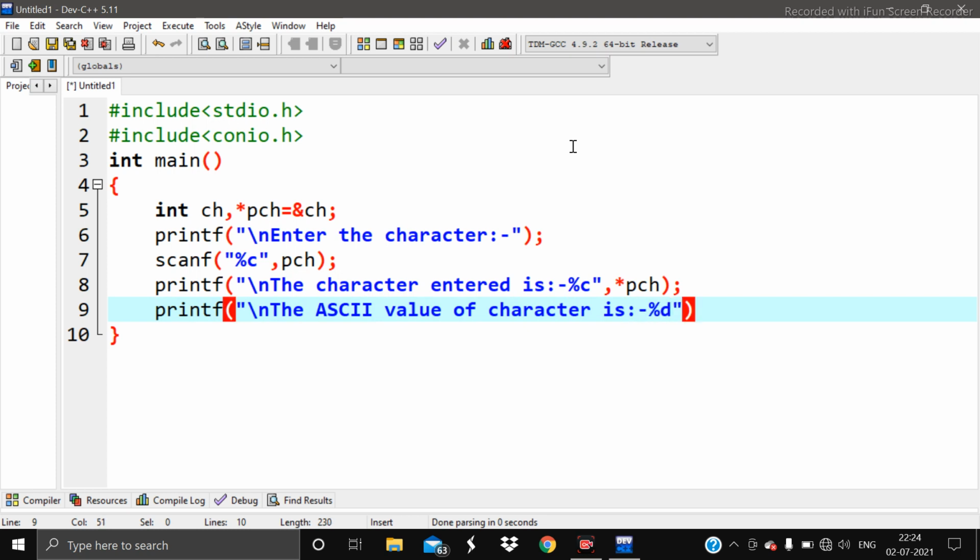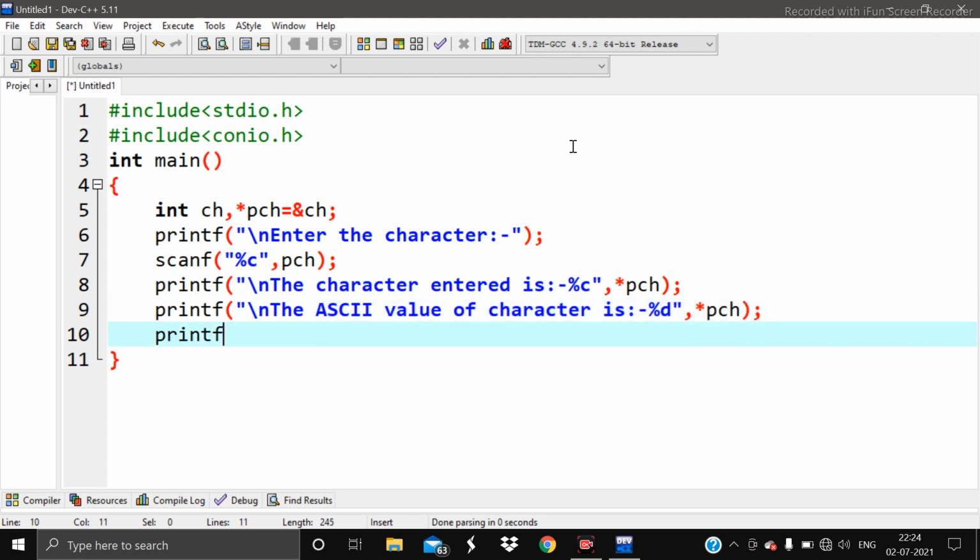So here we will use %d as the format specifier, because we are supposed to take the value as an ASCII value, and the ASCII value is a number. So to take a number using the int data type, we always use the format specifier %d. And the pointer name is again pch.